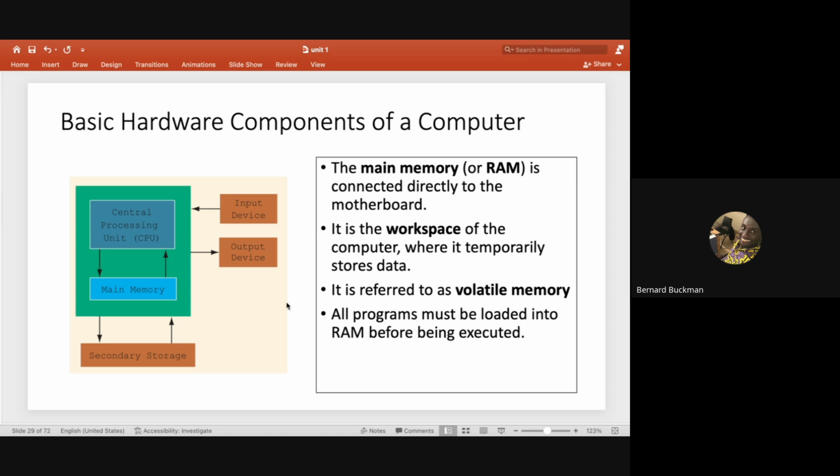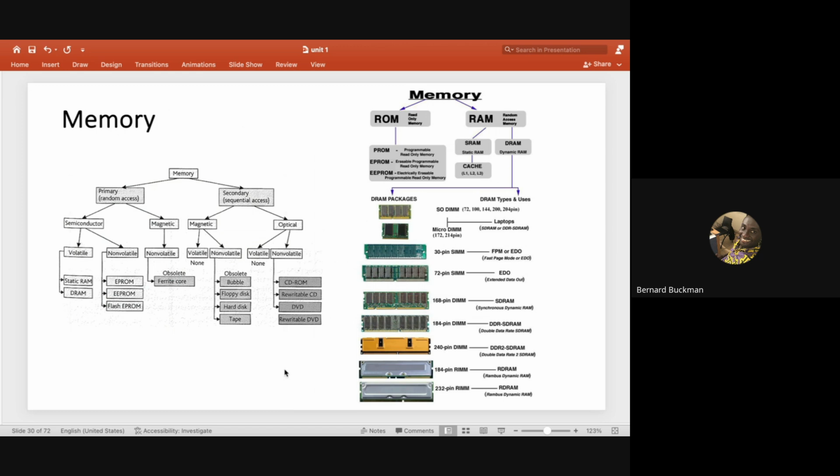Now usually we would have primary memory consisting of something called SRAM, right? We have SRAM and then DRAM, and then we have ROM. So SRAM, DRAM, and ROM, and then we have some other kinds of memory. Usually they look something like this. Some of you have seen it before. When you open a computer, you see a module that looks like this. This is an example of SRAM, and these are DRAM examples as well.